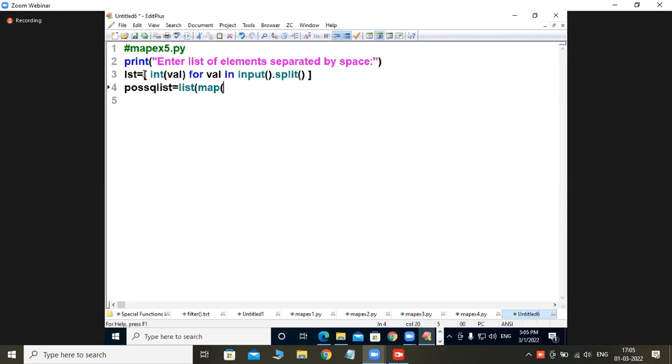Lambda n colon n ** 2, comma. What do I want at the place where my cursor is waiting? A positive list of elements needs to be available, or not? What is the object required here? An iterable object is required. There I will write list of